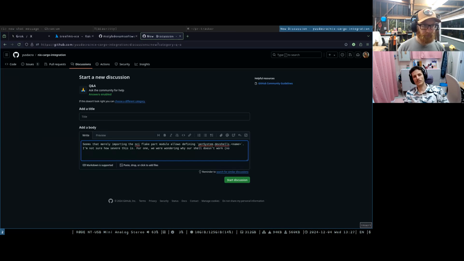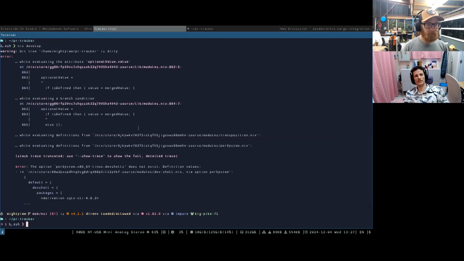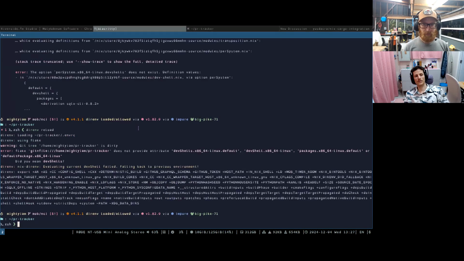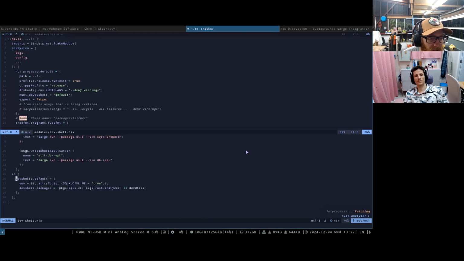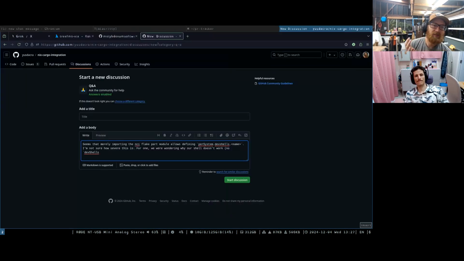Didn't reload. Yeah, does not provide attributes. And I just linked you to the code. Like it's got a comment and it looks kind of intentional, but maybe we